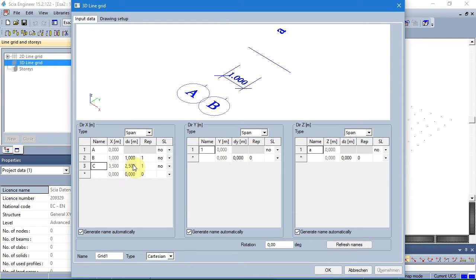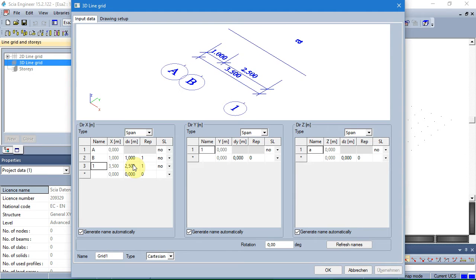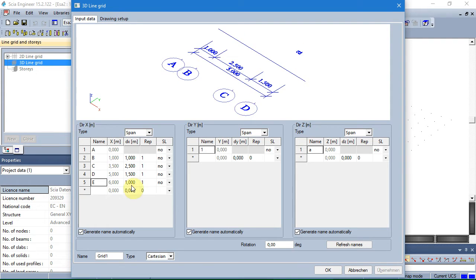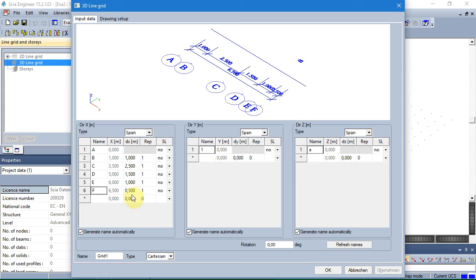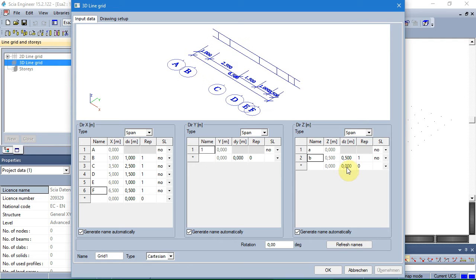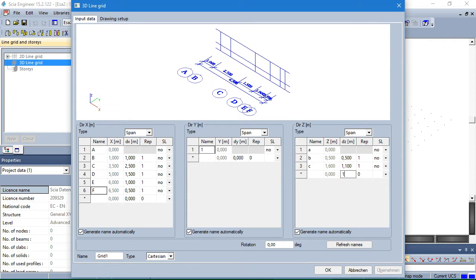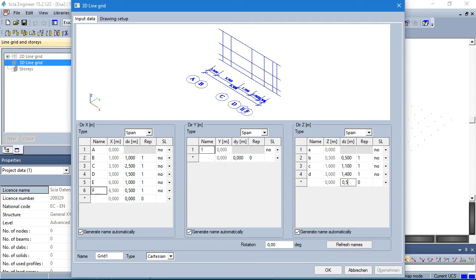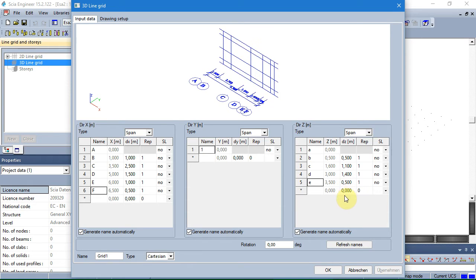So 2.5, 1.5, 1 and 0.5, 6.5 in X direction, and in Z direction we have the beam, then below the window, then the height of the window, then on the top of the window 3.5 meters.